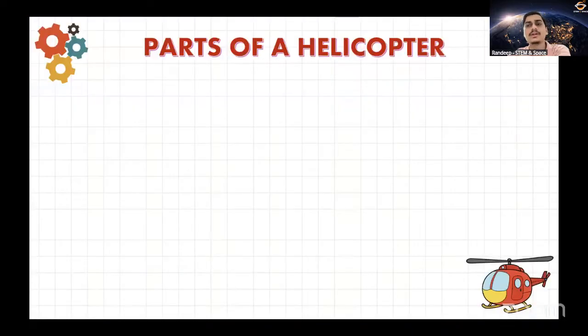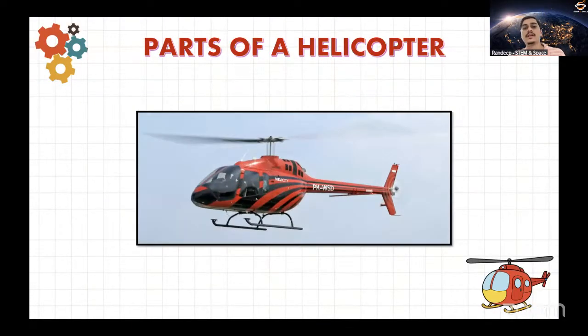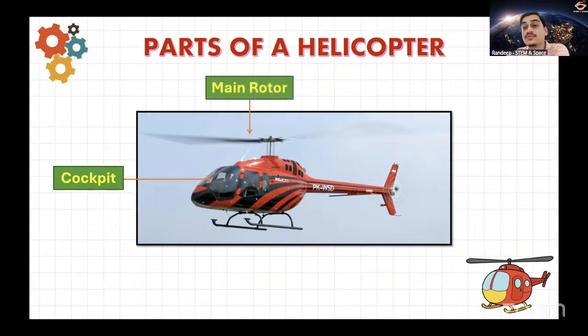Now that you have understood the forces involved in the flying of a helicopter, let's quickly look at the important parts of a helicopter. The first important part that a helicopter has is, of course, the cockpit, the open area inside where the pilot and the other passengers, if they are present, will be sitting. And then we have the huge fan, which is called the main rotor. The huge fan or blade that we are talking about is technically called the main rotor. That is the big fan that is creating most of the lift.